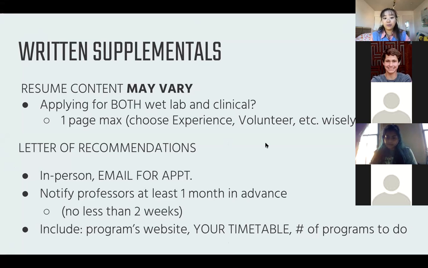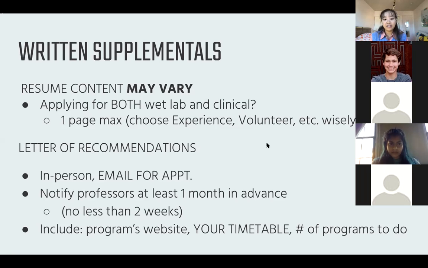So I personally would request all of you, if you are doing this process, to notify professors at least 1 month in advance. I know it's a big wide gap, but it's usually really helpful for them, and it shows that you respect their time and their decision, just to let them know that they have their own time for grading their own classes, exams, and helping their own students, as well as helping you out with your programs, because this is a favor that you're asking of them and they're not getting paid for this.